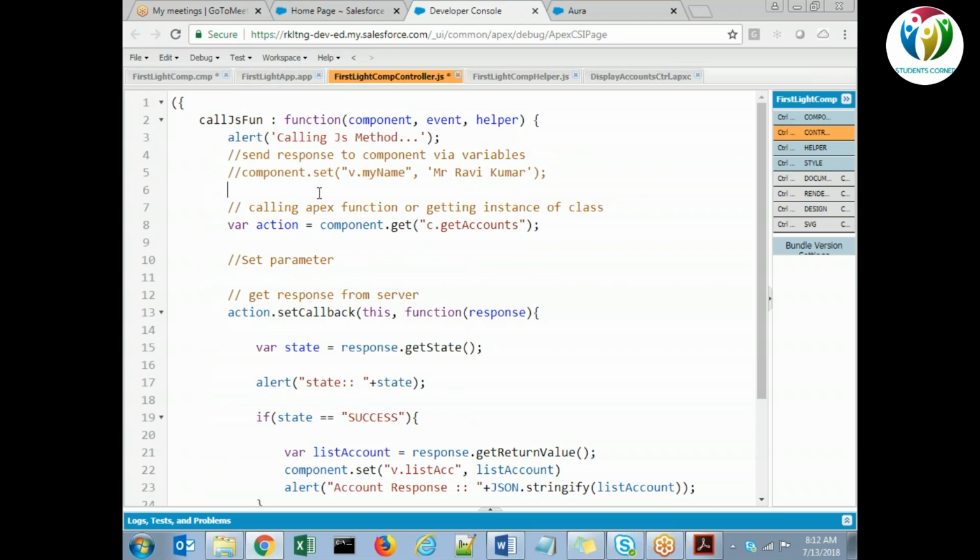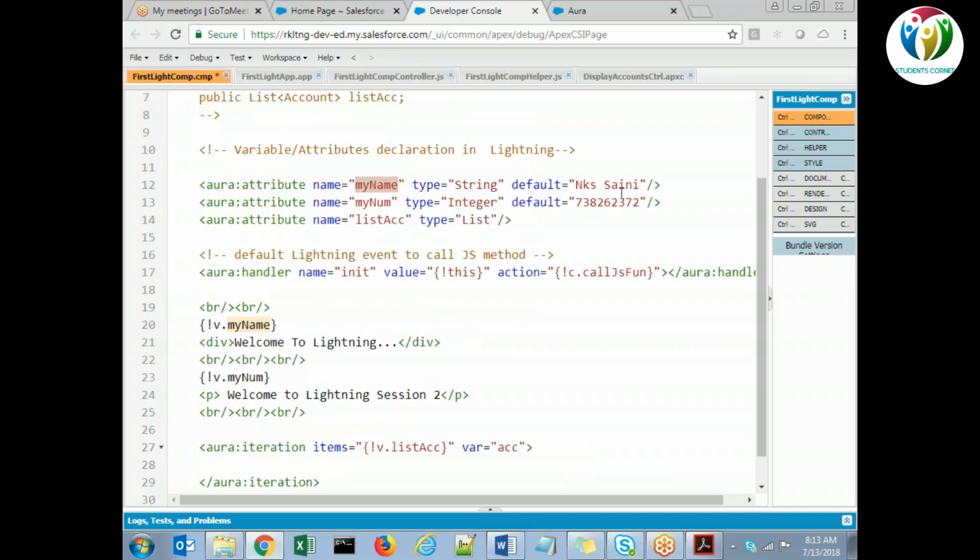To get a value from where, we use the value provider, that is v. So wherever we are accessing any variable which is defined, we are using v dot variable name.